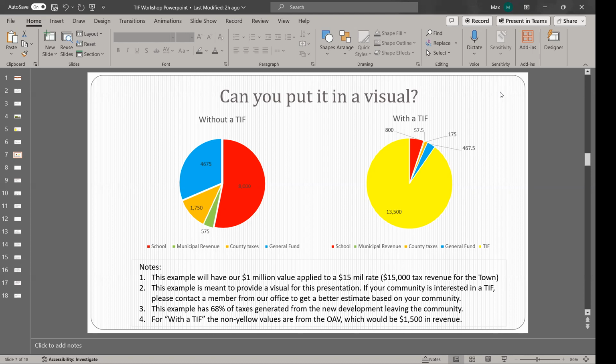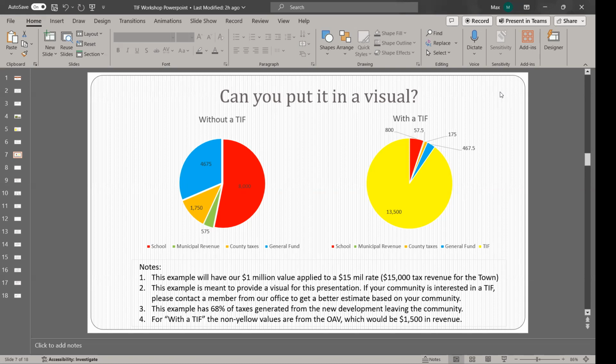What actually is changing is just how the school's getting that same amount of money. So in this chart that we have here, without a TIF, $8,000 goes to the school, but with the TIF, only $800 goes to the school. We have a $7,200 difference. The school still gets that $7,200 difference from the state, because the state still believes that this parcel we're talking about is only $100,000. The school will still get $8,000 while this parcel goes up in value. It's just going to get the money from state subsidies rather than from the town itself, if that makes sense.